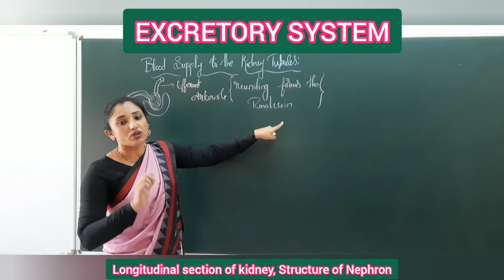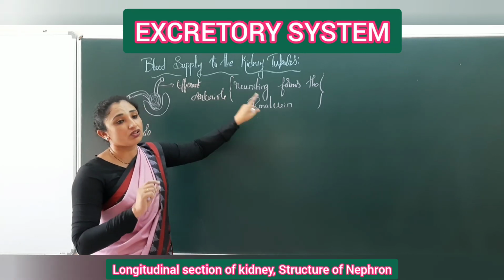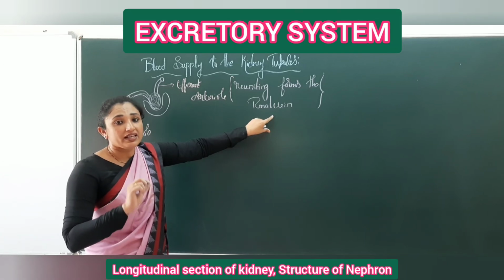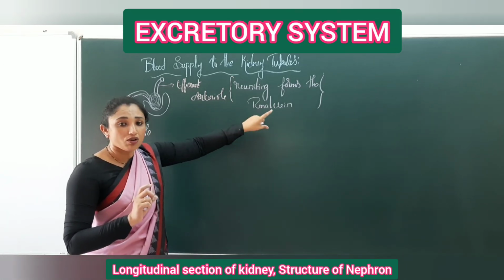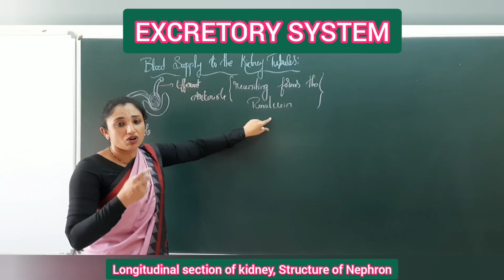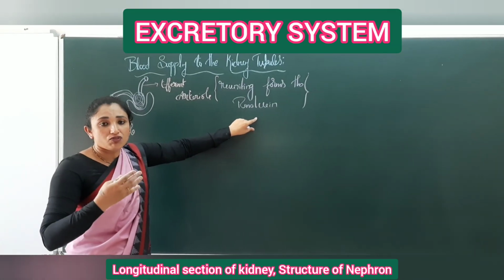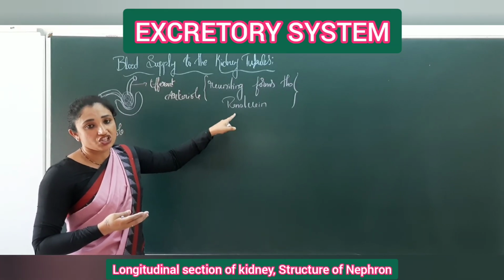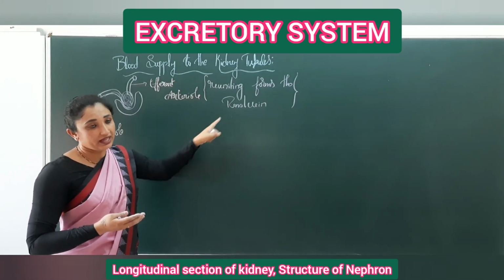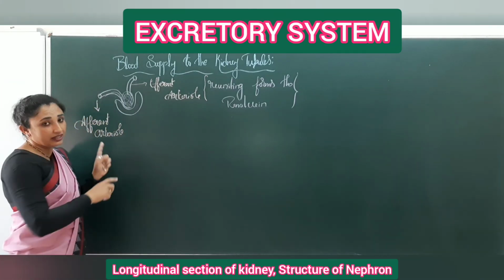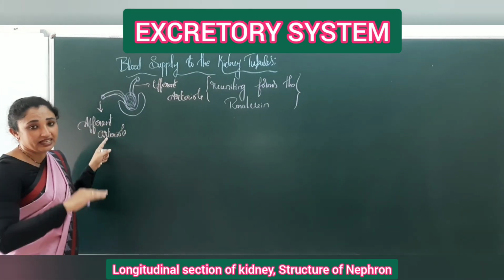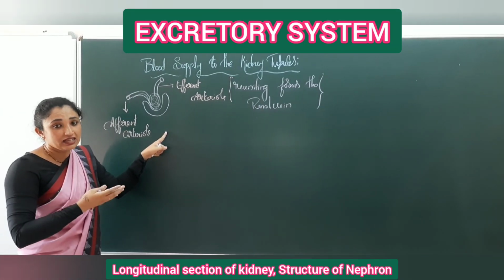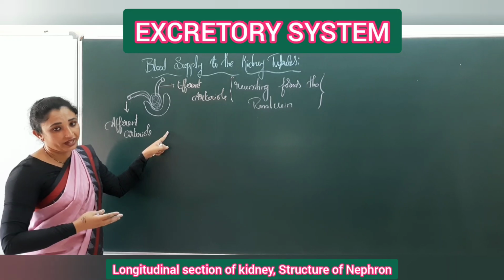When you check your textbook, in one of the diagrams they have given the renal vein as carrying pure blood. So please don't get confused. The renal vein carries pure blood when it comes out of the kidney in terms of excess water, meaning it will be purified of excess water or unwanted salts, but it will be carrying deoxygenated blood, that is, carbon-rich blood. And in terms of the renal artery, the blood which enters in will be oxygenated, but it will be termed impure as it contains the unwanted waste.